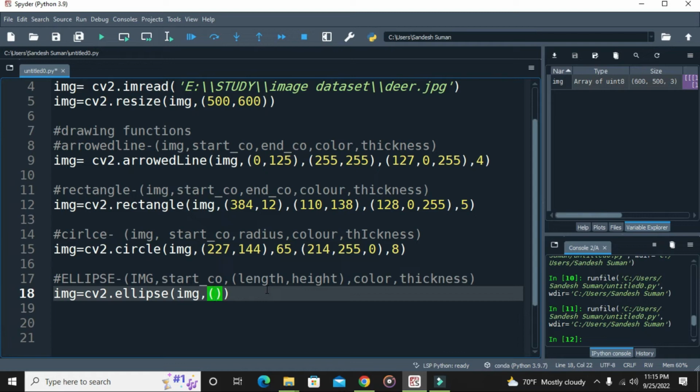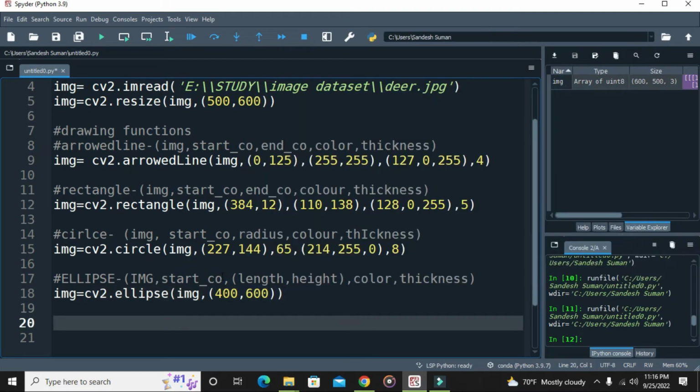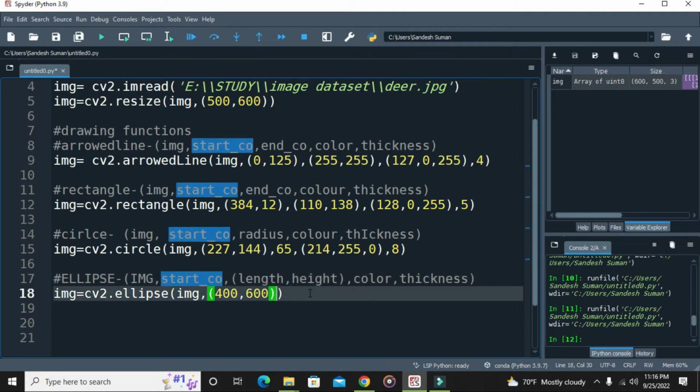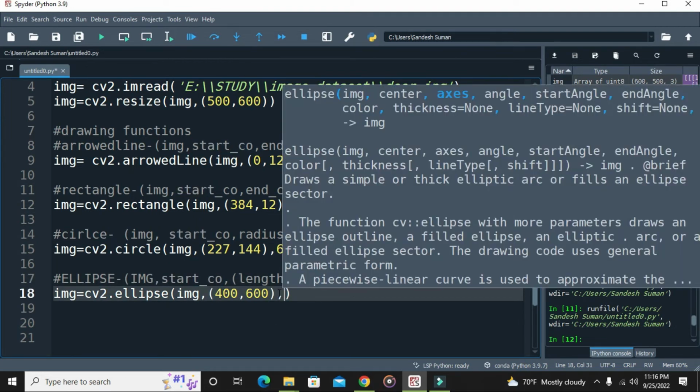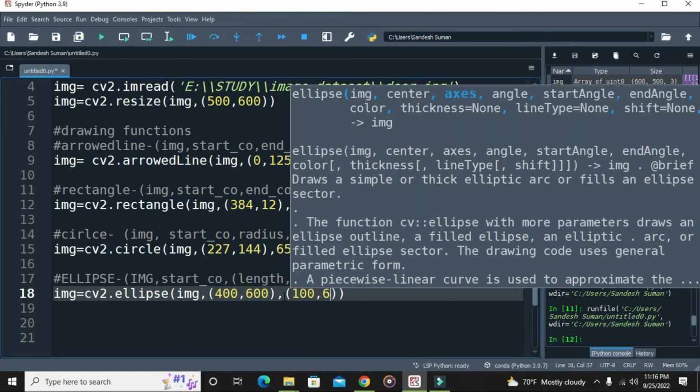So it's actually 400 comma 600, let's keep it as that. It's the starting coordinates, right? So you will need to have the starting coordinates. This one is my starting coordinates, and then the length and height. Let's keep it as 100 comma 50, and then